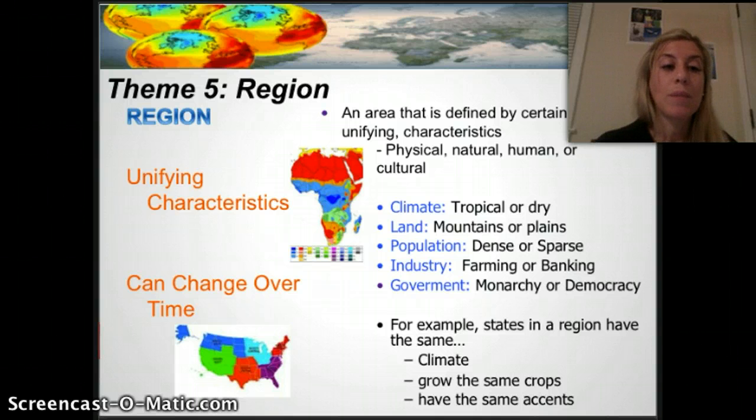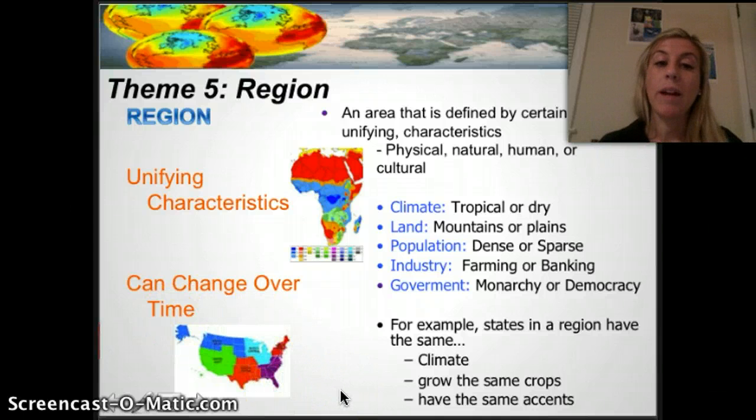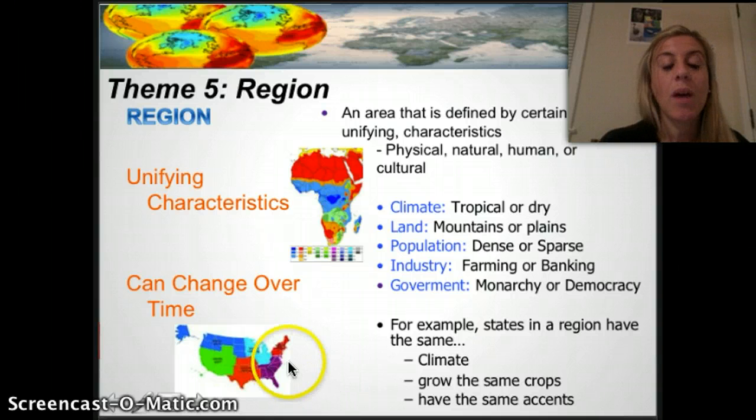For example, take a look at the states map. Okay, not all states are similar. We do not have the same climate as California. We do not have the same crops as Texas or Nebraska. We do not have the same accents as people from Boston or South Carolina. All of these things would be regional characteristics, but those can change over time. So think about how people would act and speak when our country